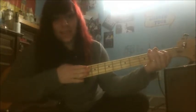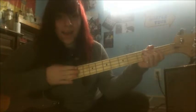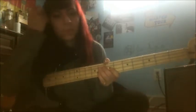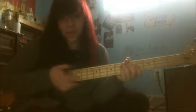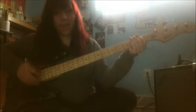Another thing that I like to do with the B-flat blues scale is, since we know all of these basic root notes, we can play simple songs like Twinkle Twinkle Little Star. And so that's one of the things that I actually first started out with when my band instructor told us to play Twinkle Twinkle Little Star. Now, of course, we just figure out these notes by ear, so if you want to real quick try to see if you might be able to figure those out by ear, or I'll just play it and we can see together. Alright, so we first start off with a B flat